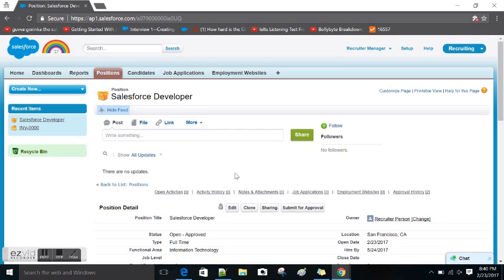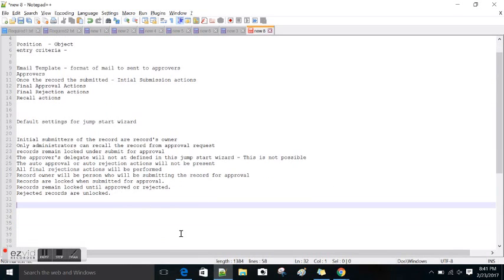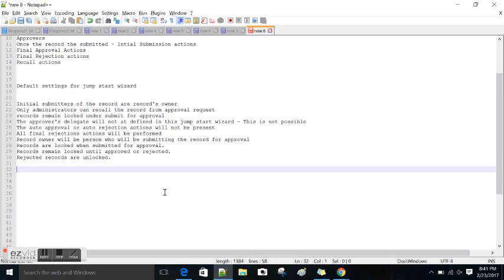As per our approval settings, the manager has to log into Salesforce for approving the positions. What if he is out of his office or on some official visit and is not able to log into Salesforce? Maybe the network is fluctuating. There is an option where the manager can respond to the mail he got for the record approval request. He can reply to the mail saying